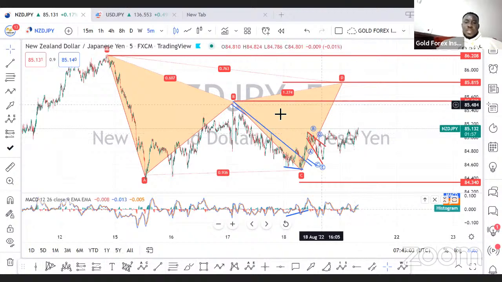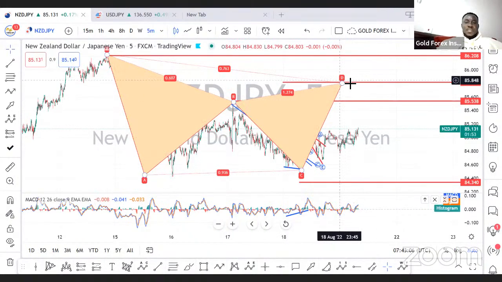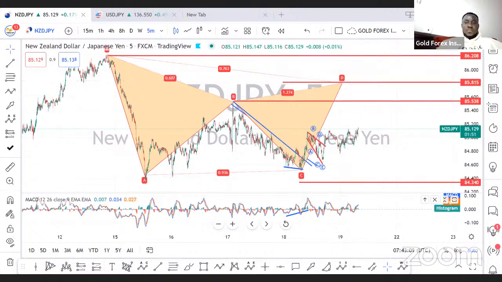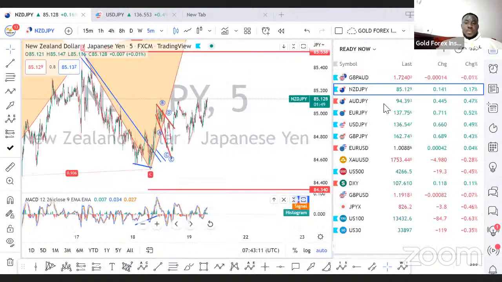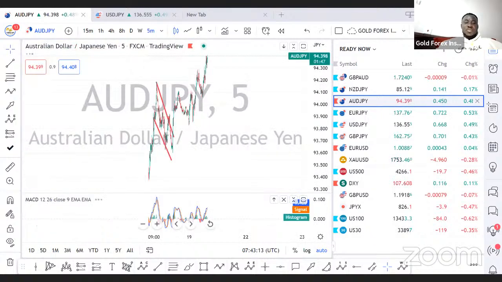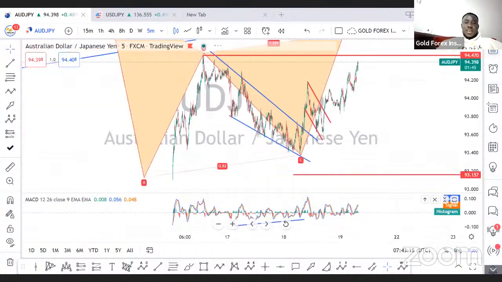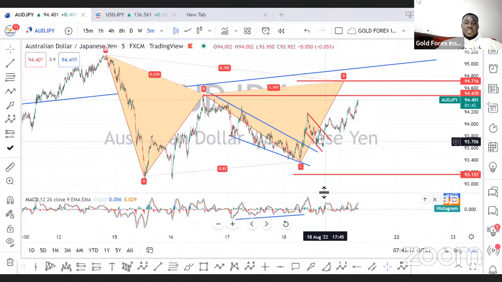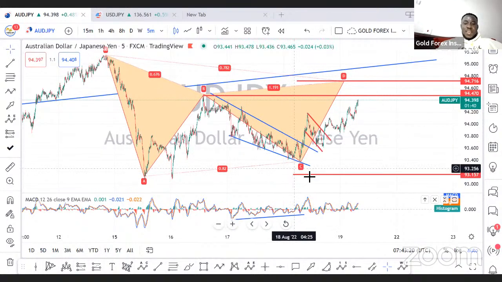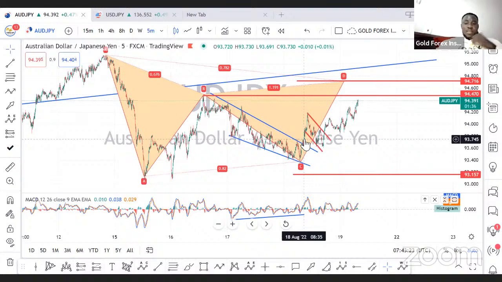Okay, so this is your first take profit, and your second take profit is the D. Okay. Now, AUD-JPY, the same thing. This is amazing, guys. Now, we had a buy over here. Our stop loss was below here. Now, we had the buy over here. Okay. So it went, there was a deep correction. People were freaking out.